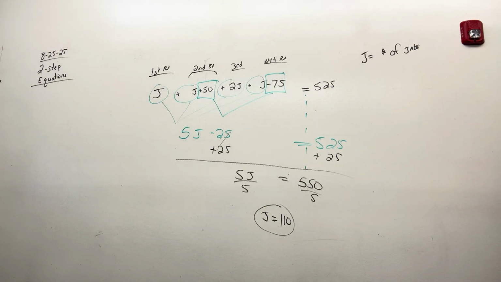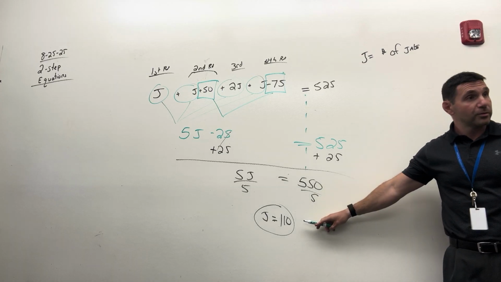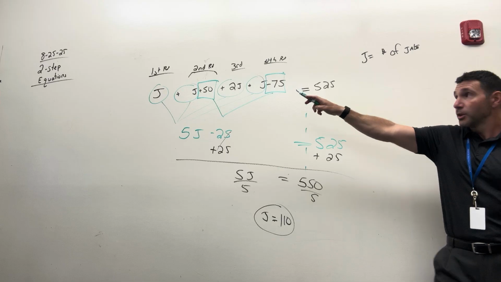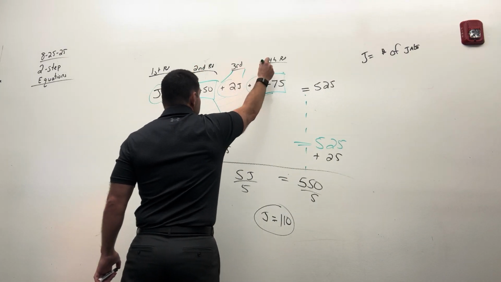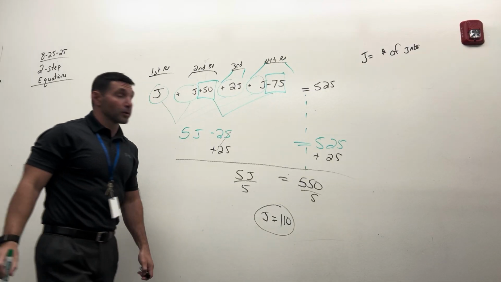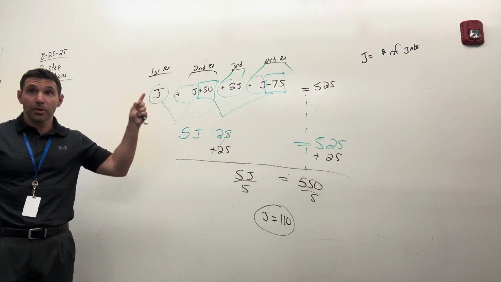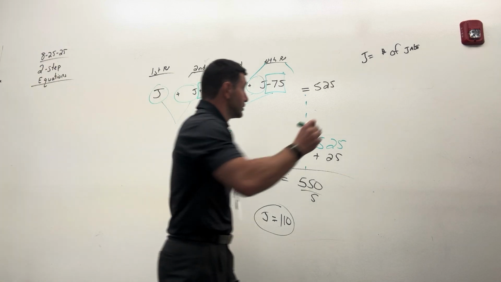He threw twice the number of jabs in the third round. Okay, wait. Twice the number of jabs. J is the number of jabs. Of which round? The third. J is which round? First. The first round. Here's the second. Here's the third. There's the fourth. How many jabs do I have to throw in the third round? Twice. Twice, which is 2J,